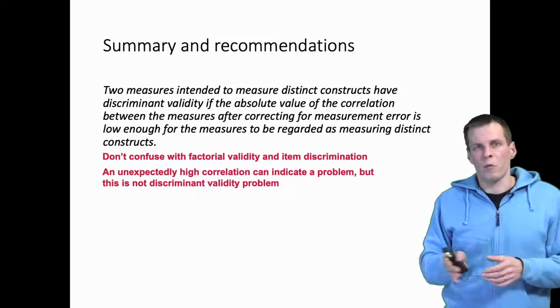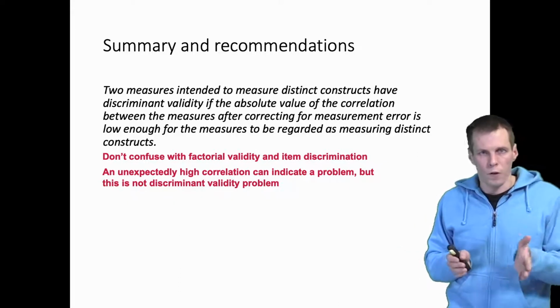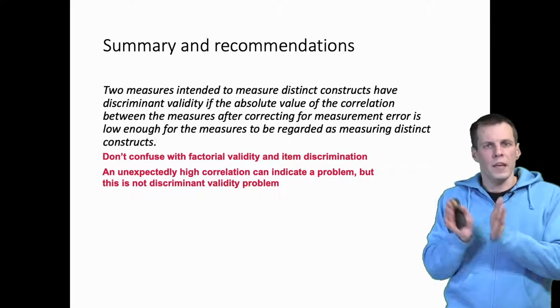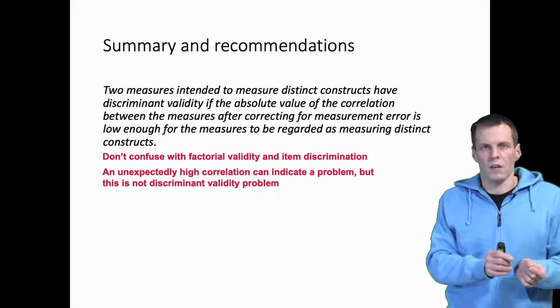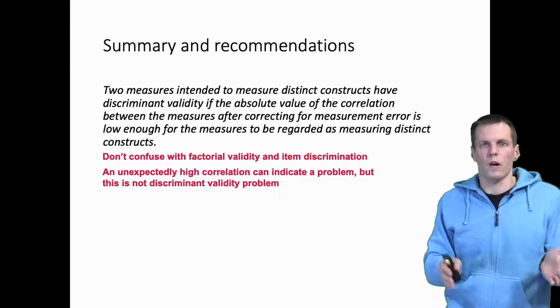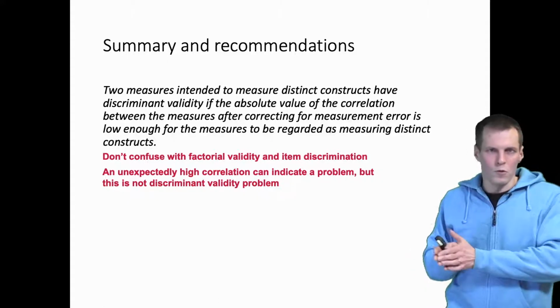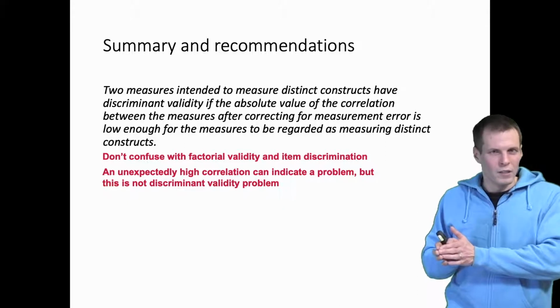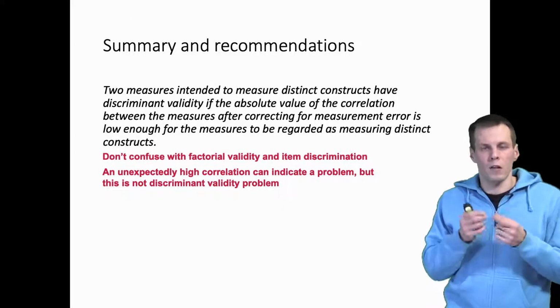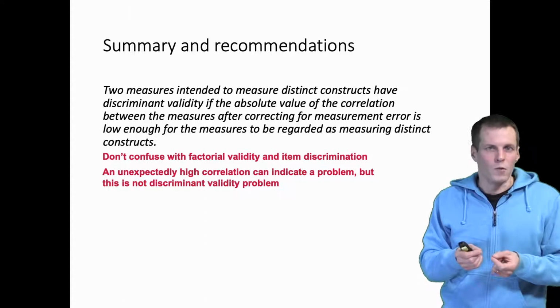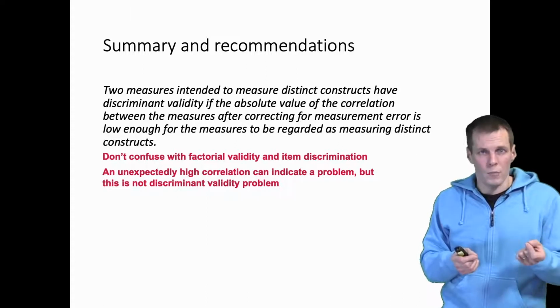Yet we observe a moderate correlation of 0.3 or 0.4. The two scales measuring these two constructs are clearly distinct because 0.4 or 0.3 is not close to one at all, but they're sufficiently different from the theoretical expectation that we should consider measurement problem